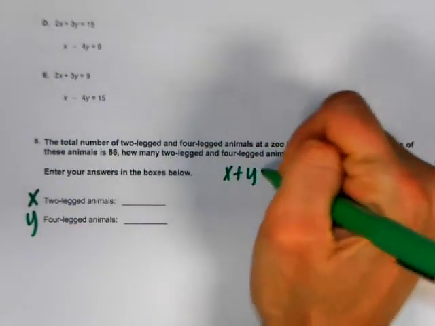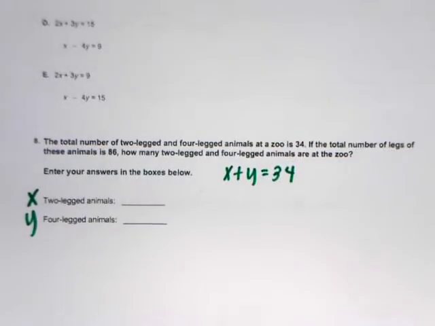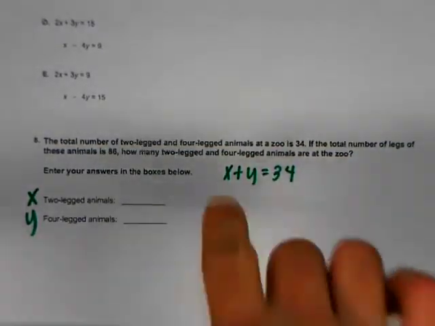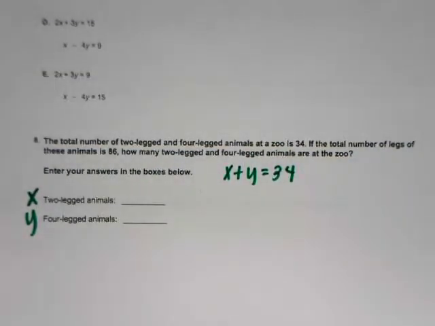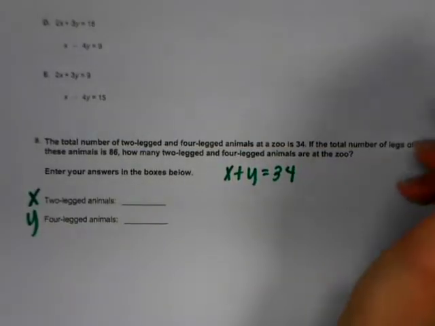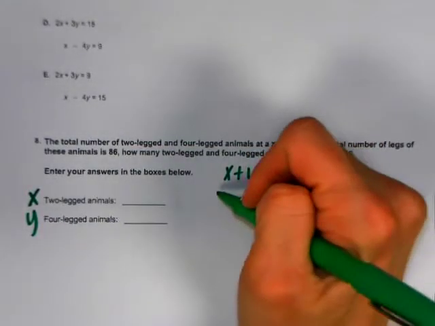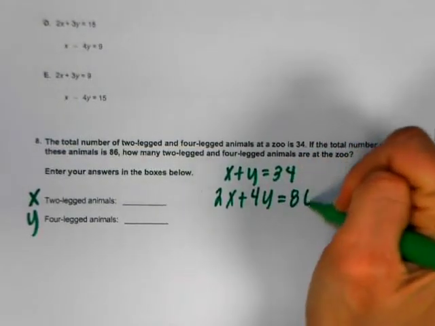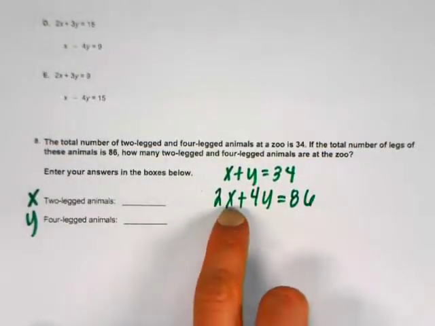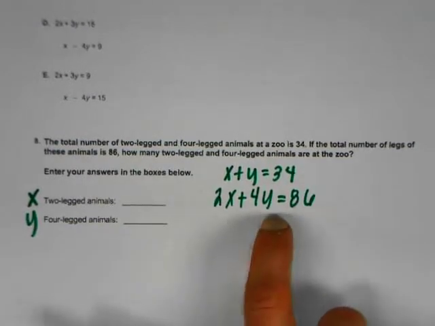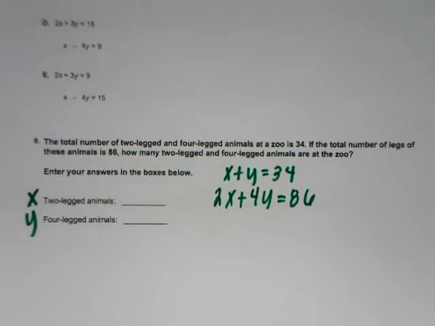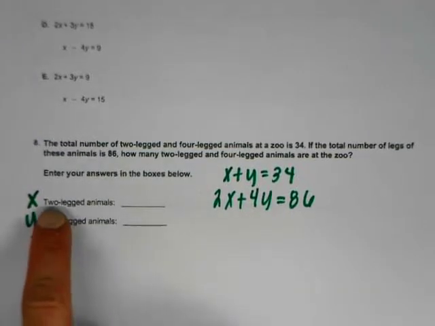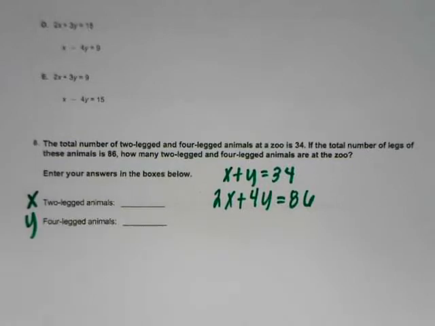Yep, X plus Y equals 34. The total number of 2 legs, total number of 4 legs is 34 total animals. Okay? Then if I know that I have 86 legs, how could I write that? Yep, 2x plus 4y equals 86. So you're going to multiply the number of 2-legged animals by 2, number of 4 legs by 4 to get the total number of legs for each of them. Okay? Where did we get the 2 and 4? Because x has 2 legs each and y has 4 legs each. Oh,